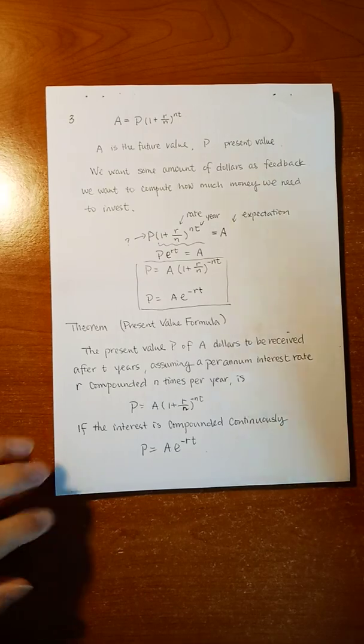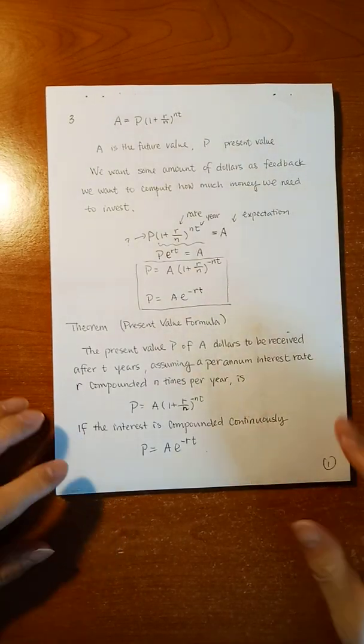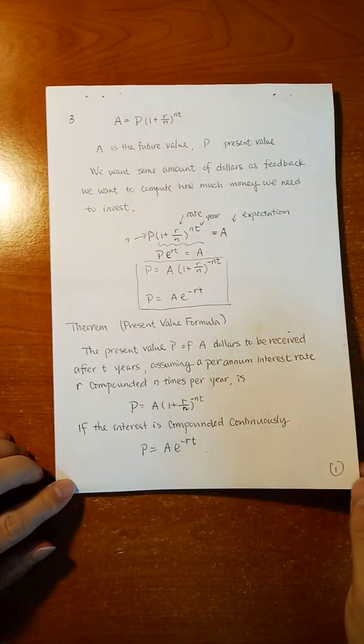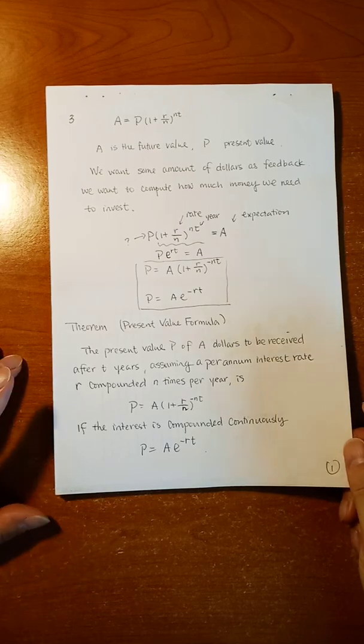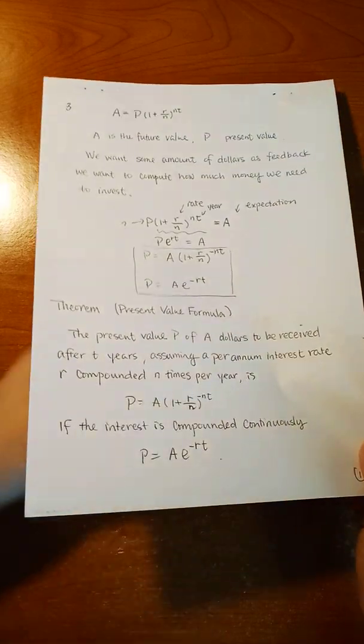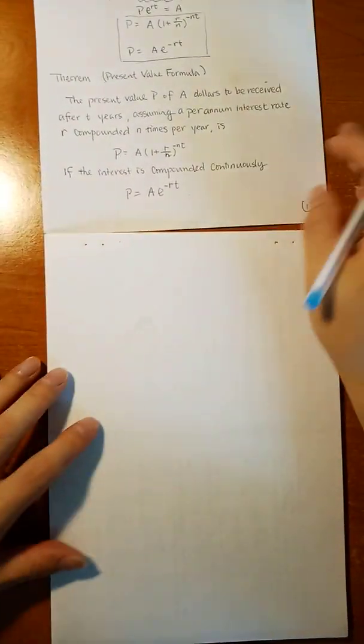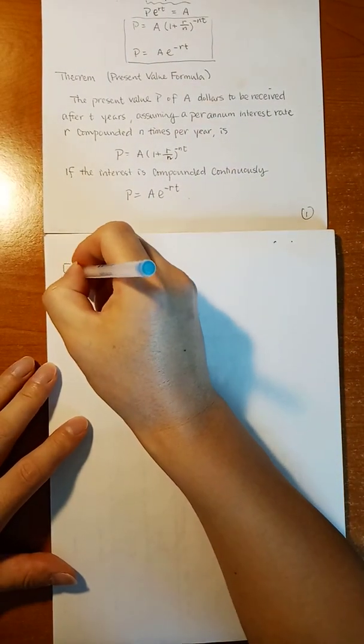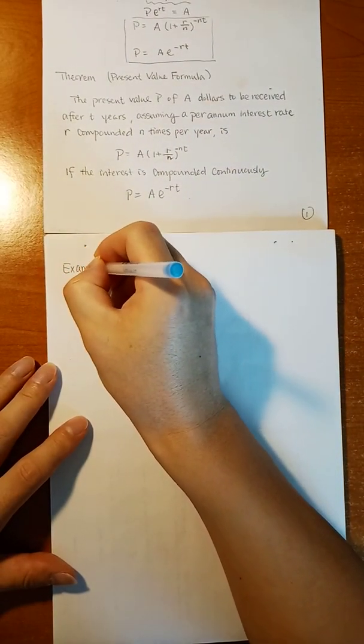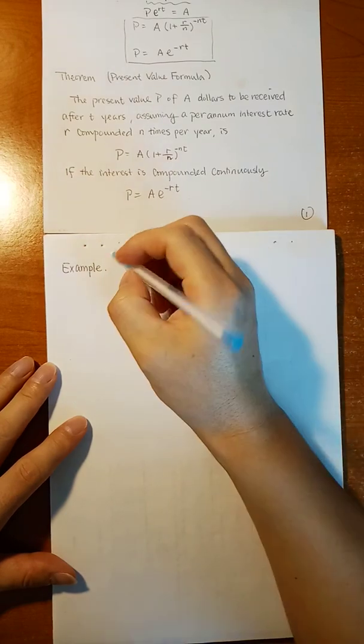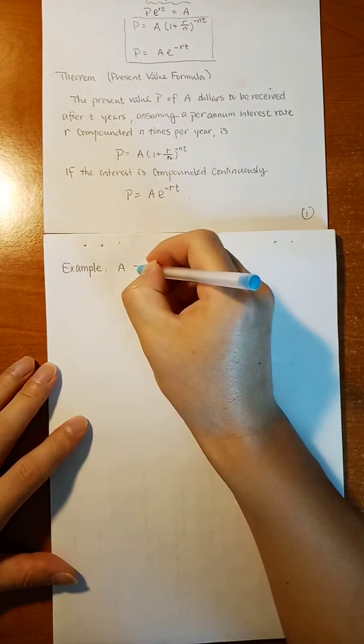Okay. So how do we use this type of idea in life or in finance? It's the following. For example, a zero coupon